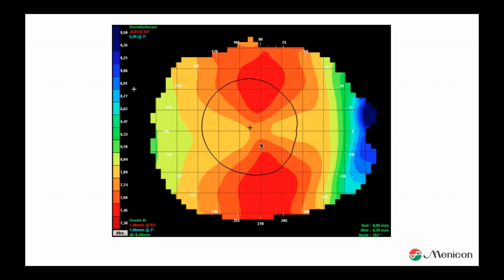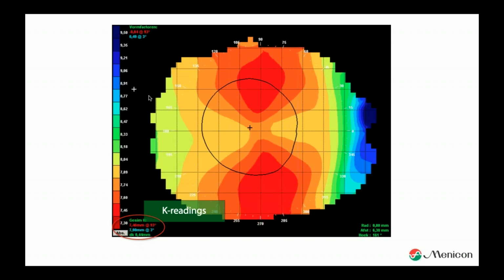And the topographer shows us several things. One of the things is that it shows us K readings. And fun fact, K readings, yes, we all rely on that these days, but in the future it will become less and less important for our lens fit if we just start using other fitting philosophies. But that's a future thing. But again, it is important to already understand it.